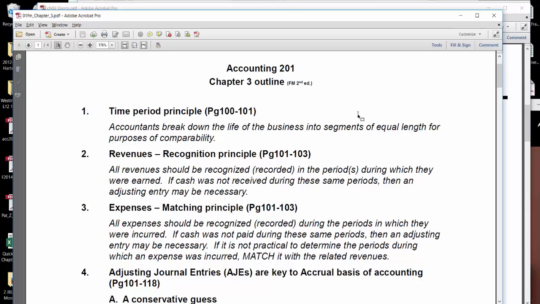Accountants break the life of business into chunks of equal length so that they can compare 1 year or 1 month or 1 quarter to another. Recall also from Chapter 1 that revenues are recognized during the period where they're earned. Even if we did not receive cash during that same period, we're still going to record revenue if the service was provided to our customer, especially in cases where the transaction has not been completed or perhaps the paperwork has